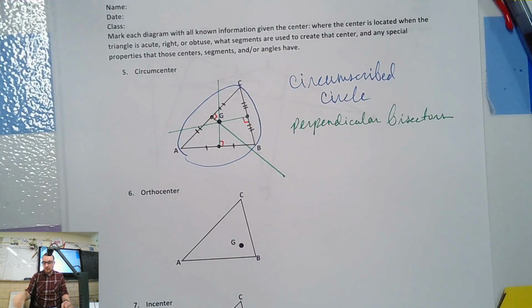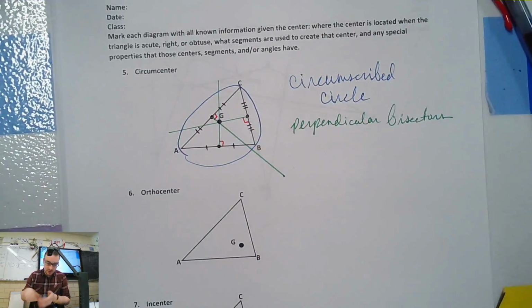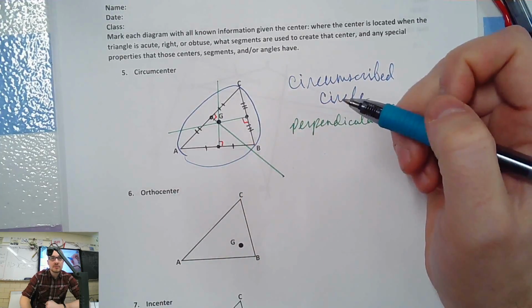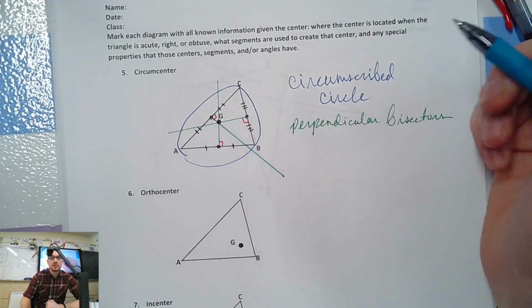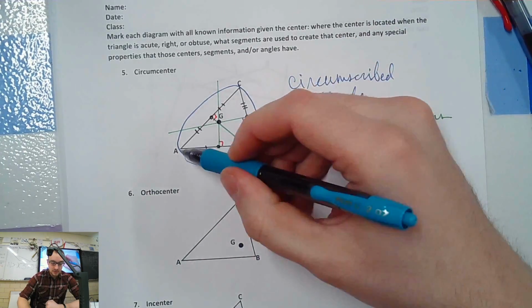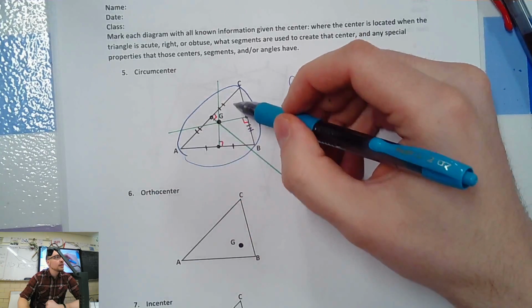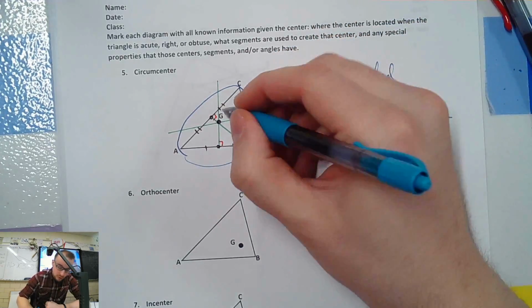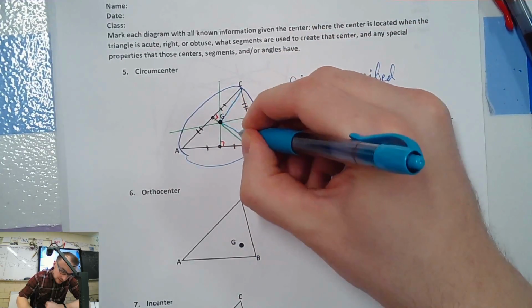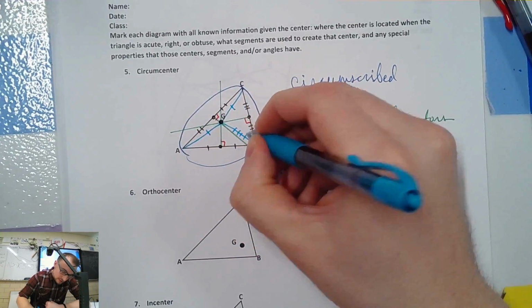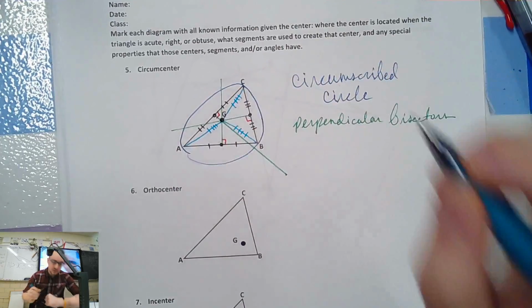Cool. Now we have to add radii because we have a circle, right? Don't forget to add your radii. So, is the radius going to be from G to the sides? No, right? The sides aren't on the circle. It's going to be from G to what? Starts with a V. Vertex, or vertices, plural, right? So from here to here, and here to here, and here to here will all be the same distance, because they're radii, right?